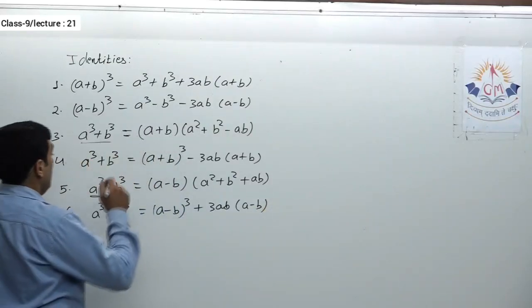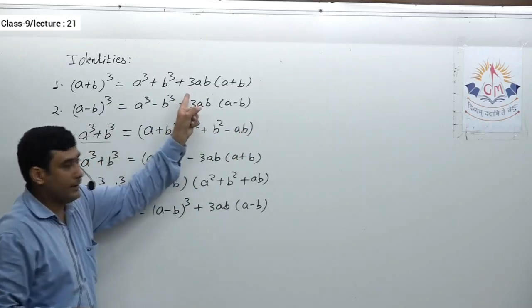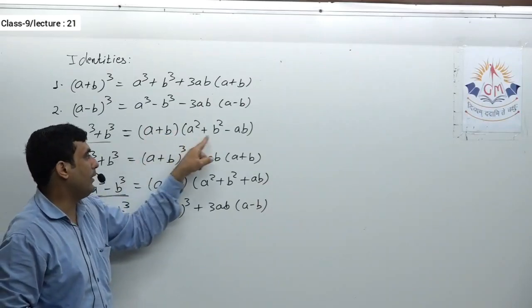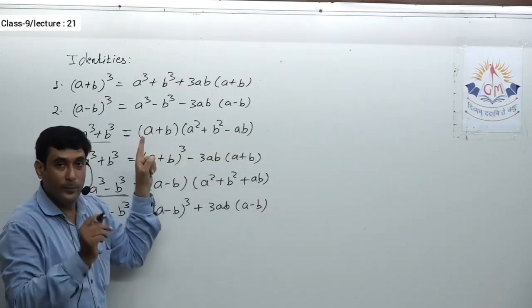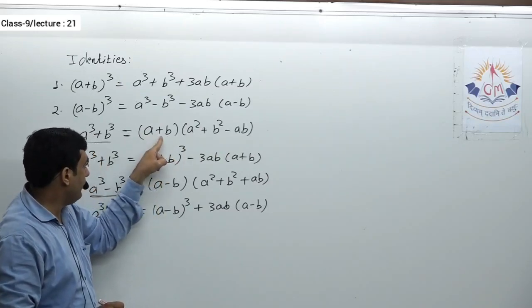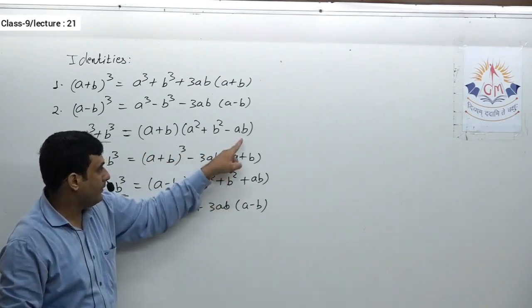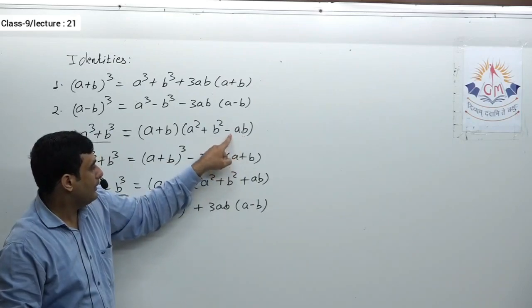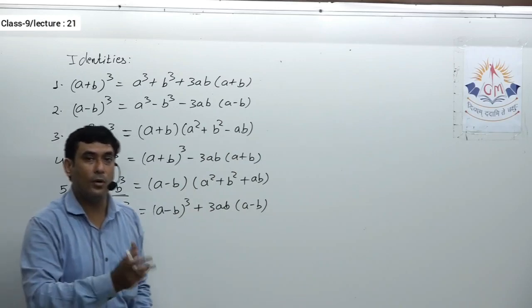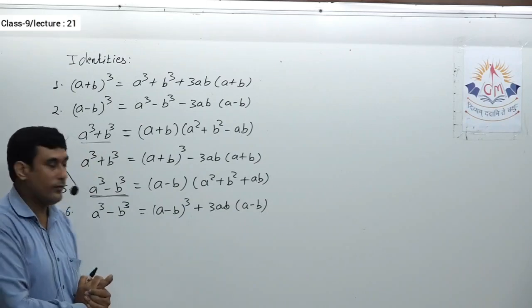This is one way to remember. Now the second thing, if you remember this one, again as I did over here, wherever b is there, alter the sign. Over here it is a plus b, a square plus b square minus ab. Wherever b is there, not b square. So b is there, so instead of plus I took minus. This will remain the same, this will remain the same. In here again b is there, so instead of negative I'll take positive. Simply, you have to alter the sign wherever b is there. So this is one more way to remember this identity.